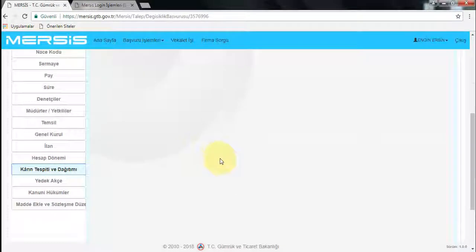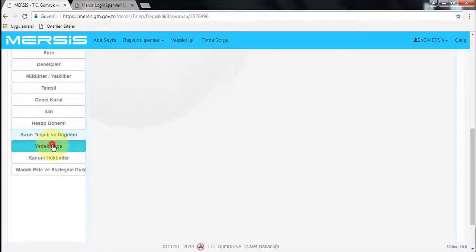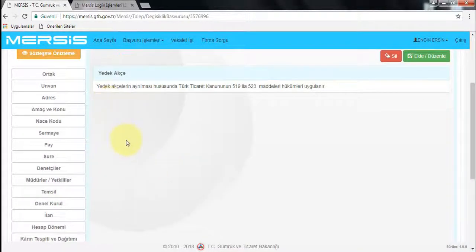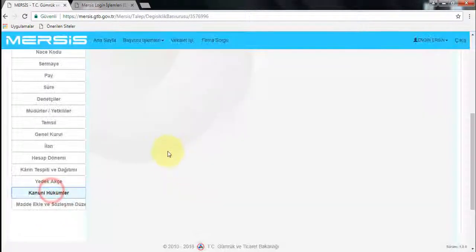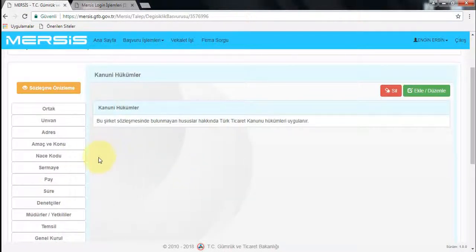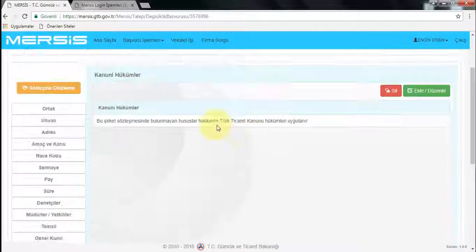The next stage is the phase of the determination and distribution of the profit, and we don't have anything to add here. Similarly, in the other phases, the terms contained in the provisions of important. In the statutory provisions phase, the provisions of the Turkish Commercial Code shall apply to matters not included in this company contract. We leave the statement without changing the item and we